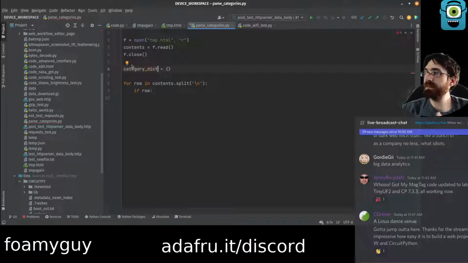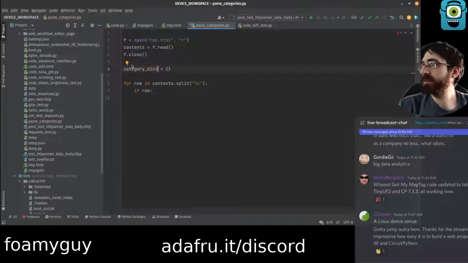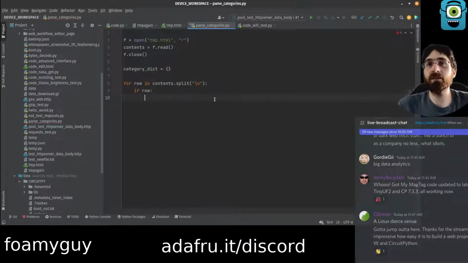Linux dance venue. Got to jump out of here. Thanks for the stream. Yeah, take it easy, C. Grover, thanks for hanging out. Impressive how easy it is to build a web project with W and CircuitPython. Yeah, it's smooth sailing so far. I wasn't sure what the process was like, but it feels pretty solid to me. I mean, we're doing basic stuff, but